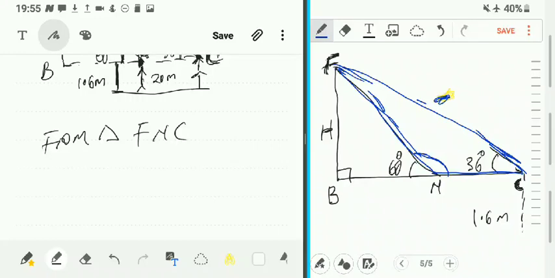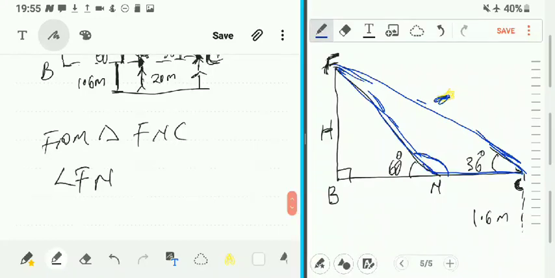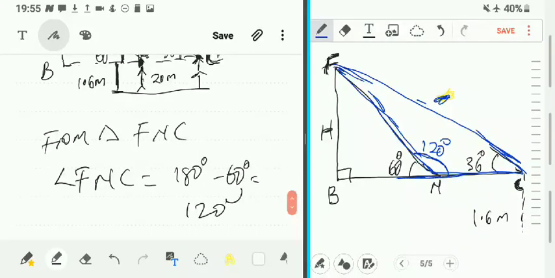So from this triangle here, this angle FNC is 120 degrees. That's just 180 degrees minus 60 degrees, sum of angles on a straight line. So I'm subtracting 60 degrees to get 120 at this point. And if I have 120 here, easily I can get this angle F